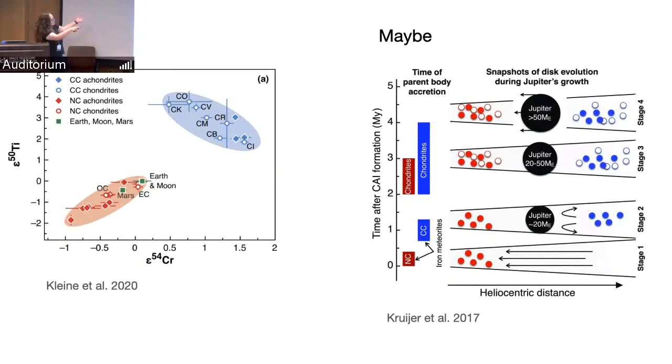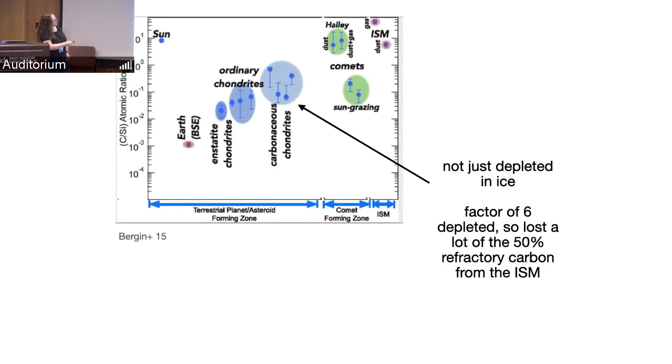In the solar system, there are these two different reservoirs of solids that have really different chemical abundances. Some of them have the nearby supernova with the aluminum-26 more, and the other one don't. The idea is that Jupiter separated these reservoirs. I frankly cannot understand how you're going to get this to do this, but even in the solar system, carbonaceous chondrites are depleted by a factor of 6 in carbon. It's super funky in the ISM. Half of our carbon is in these grains that you really need to get up to like 1500 Kelvin or something in order to destroy.